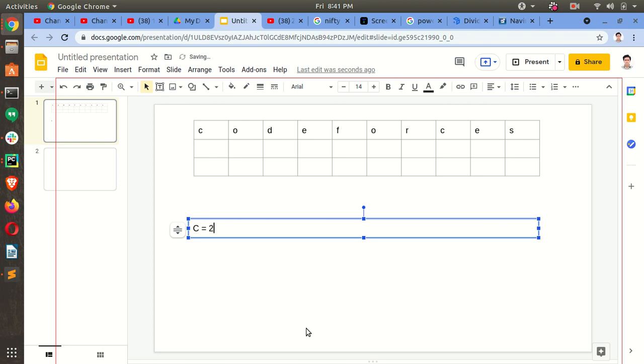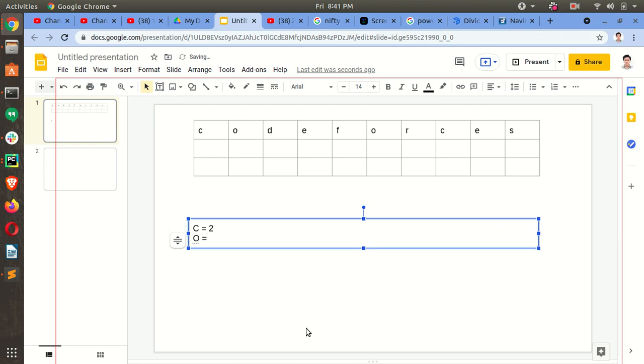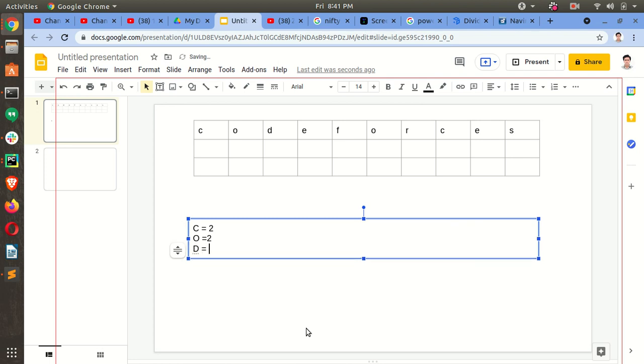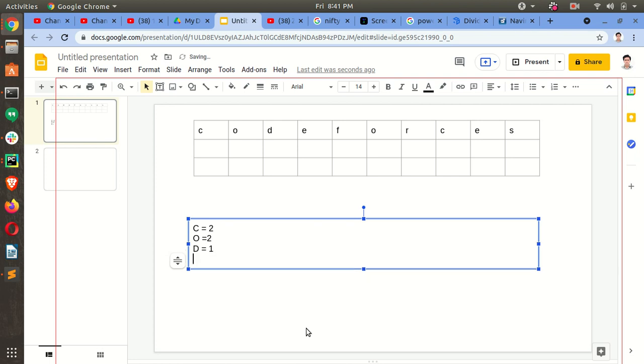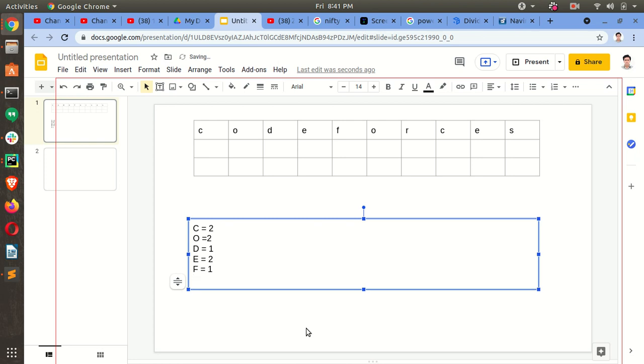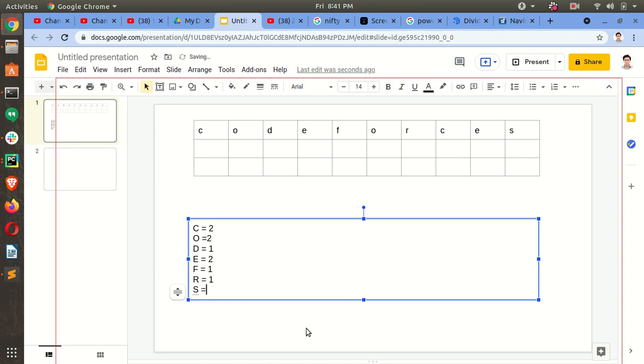C is repeated 2 times, O is repeated 2 times, D only once, E is repeated twice, F only once, R only once, S only once.